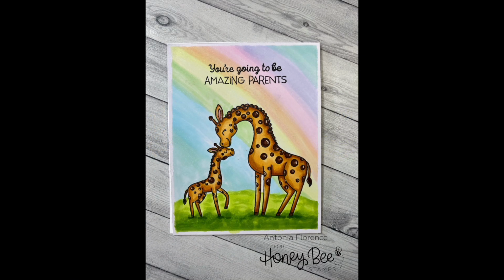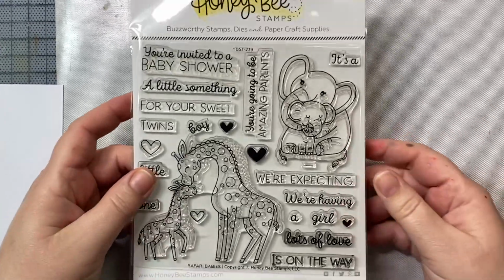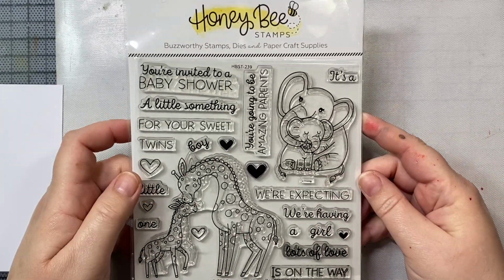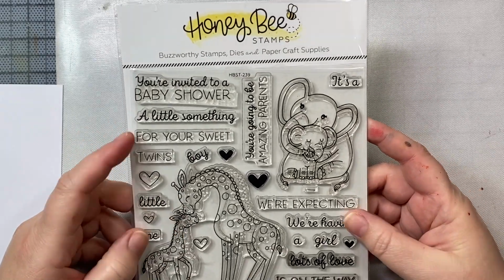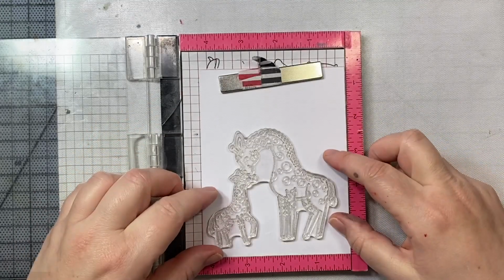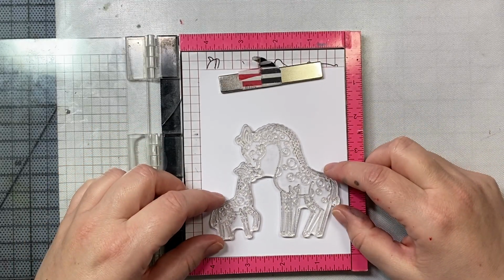Hi everyone, today I'm going to show you how to make this new baby card using the Safari Baby Stamp Set by Honeybee Stamps. It is part of Honeybee's 5th anniversary release, which includes lots of great products including this stamp set and some other new baby themed stamp sets,